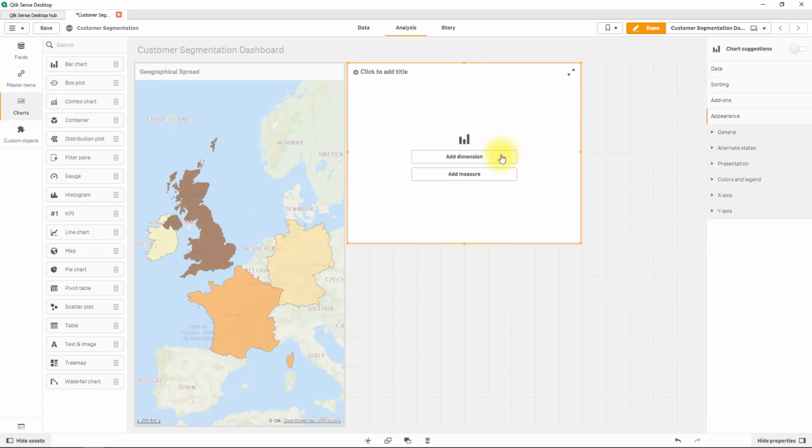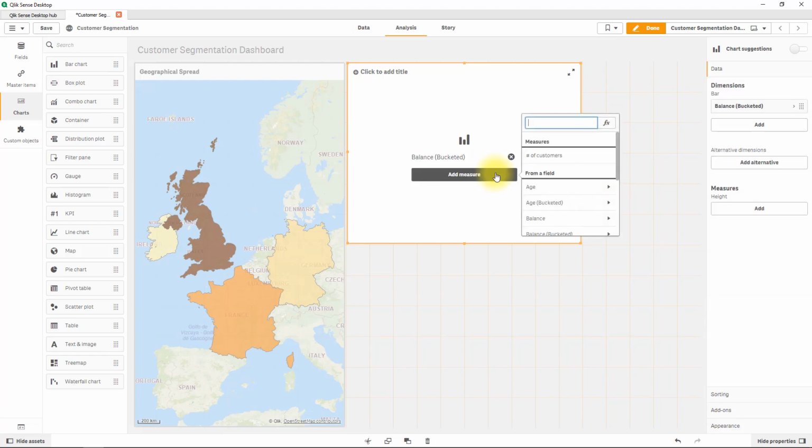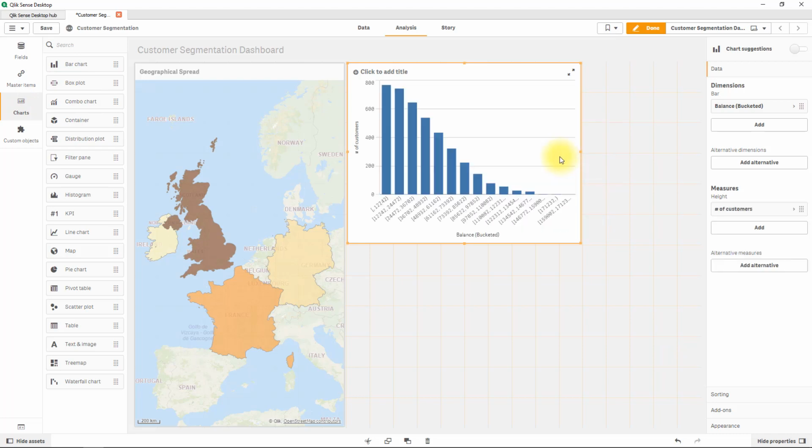So let's start off with balance first. As a dimension, I will use the bucketed balance. And as a measure, that master measure we created earlier, our number of customers. And look at that spread, that is pretty cool. We of course just need to customize this or make this a little bit nicer. And first of all, we can call this our balance distribution,